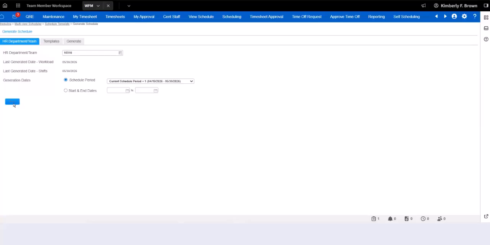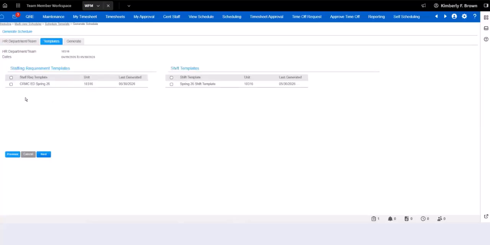And you are going to hit next. And here is where you're going to put your templates together. So you're going to click your staffing requirements template and your shift template. And then you're going to click on next. I want to bring your attention to where it says last generated next to these. If you have generated, you may have a generated date on here. So this is telling you that it was already generated. So when you see that, you don't want to generate again. We only want to generate these schedules